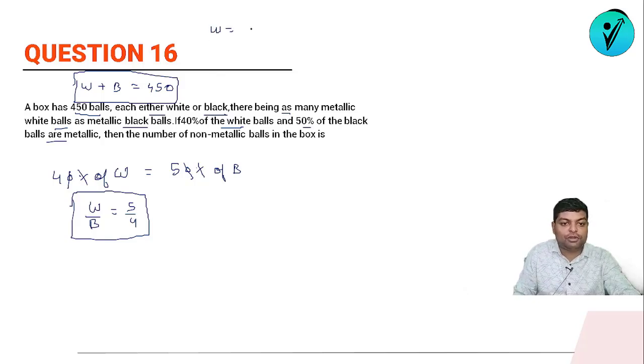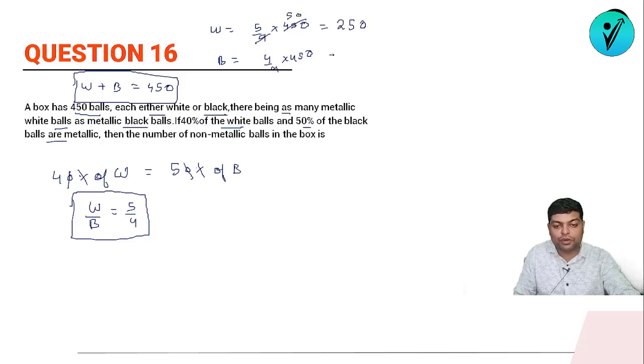So the total count of white balls will be 5/9 into 450, and total count of black balls will be what? It will be 4/9 into 450. 9, and this will be 5 times, so it will be 250, and this one will be 200. So out of 450 balls, okay, this much are the white and this many are the black balls. Next,